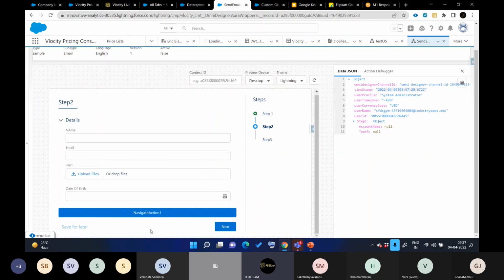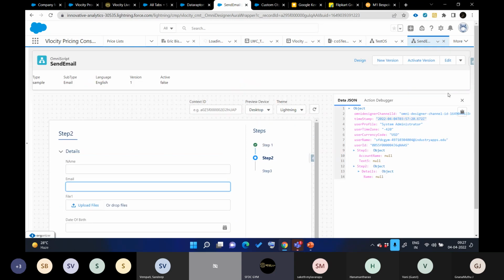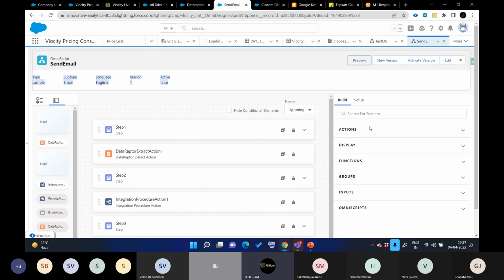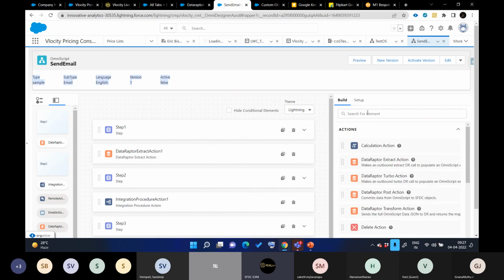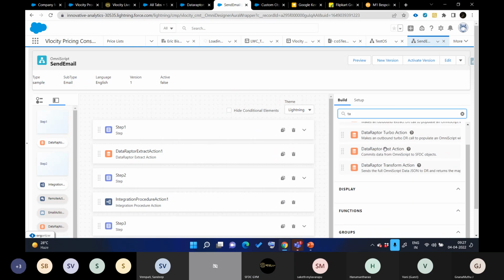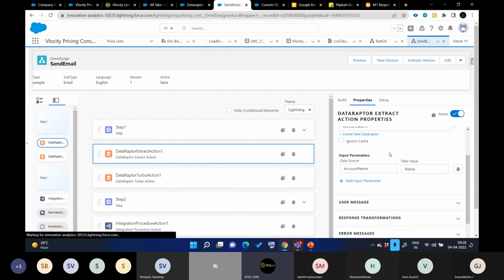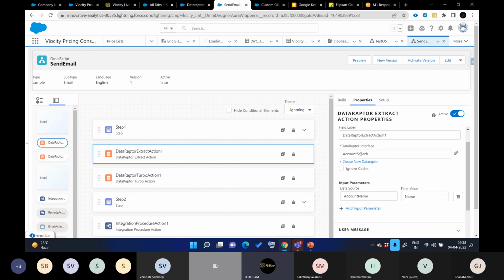And then we can go to the next. So here we are asking the user to put in information, and based on that information we simply do the next, and the next button will do whatever job we set it to do. It is nothing but a drag and drop feature. Let me show you. If I go to the actions and search for data raptor, I can simply drag it, and I can configure what this data raptor does and what type of data we need. So everything is drag and drop.